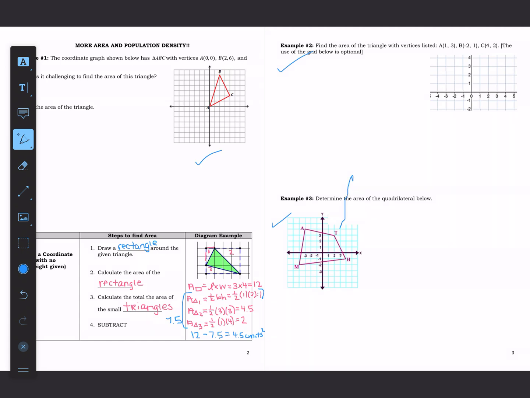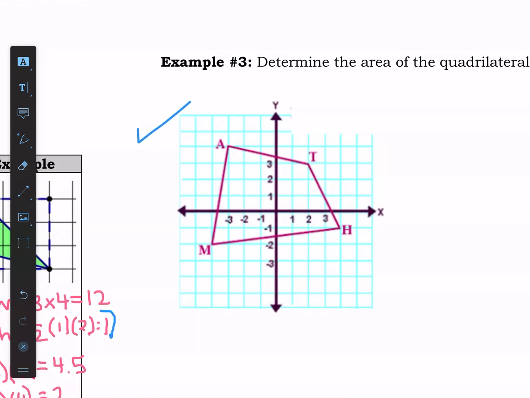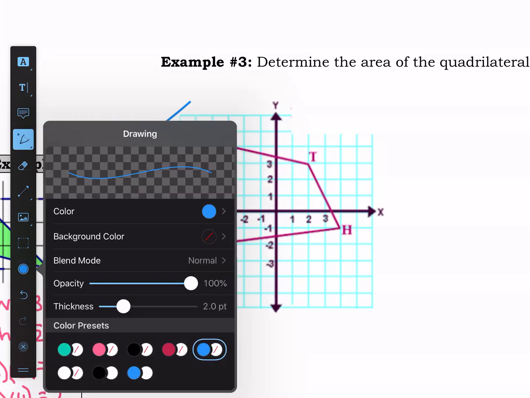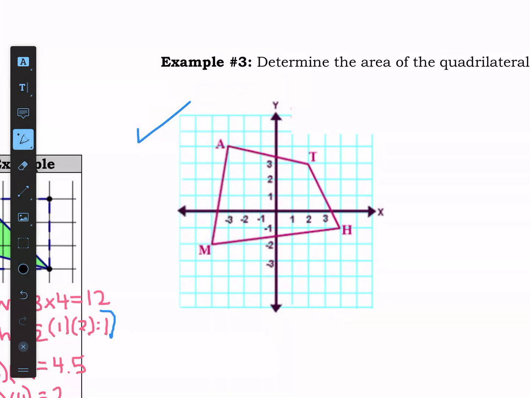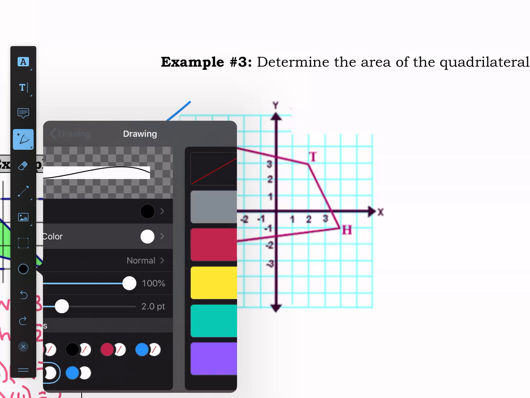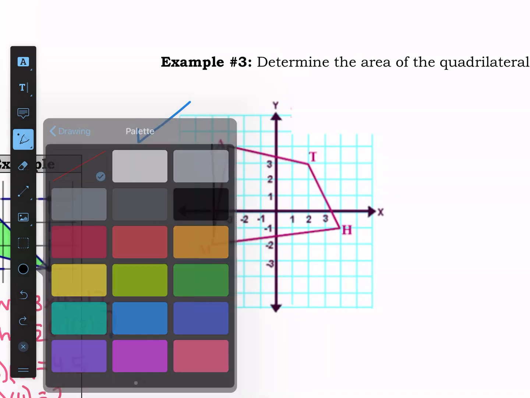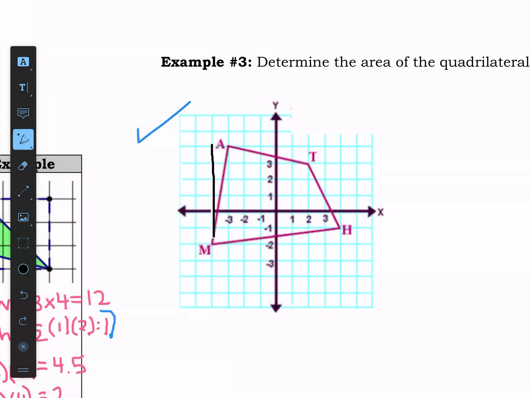Oh, sorry. But why is this not? Okay. So if you look here, when we draw the... let me pick a color. Oh, I'll just do black. Okay. When we draw the rectangle going around it... Oh, why is this... That's not what I wanted. Okay, hang on one second. Background color... Okay, so